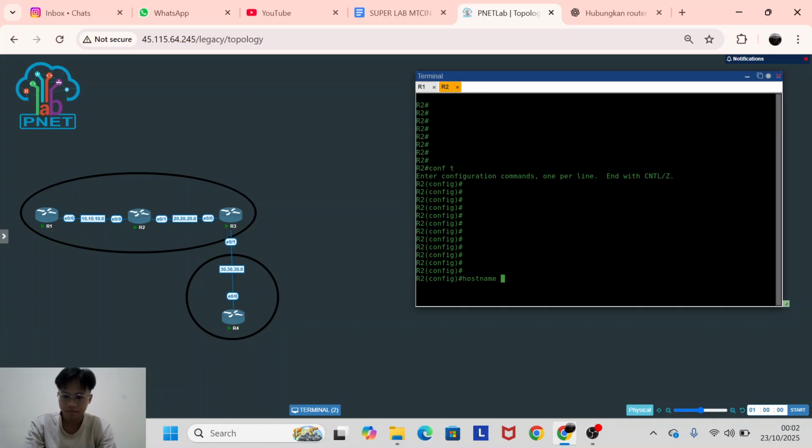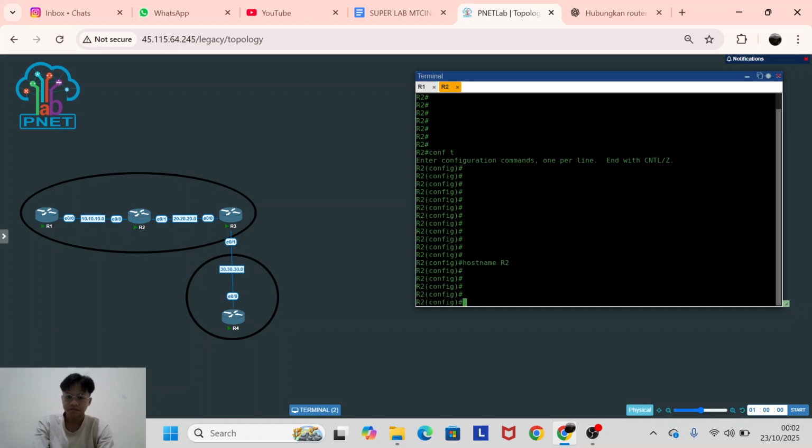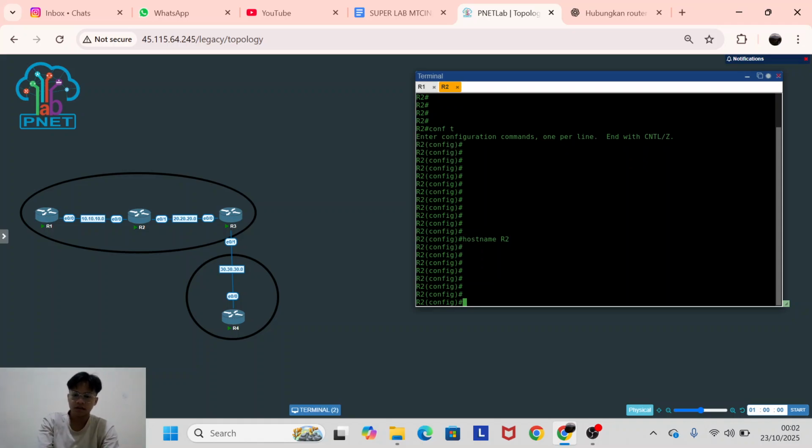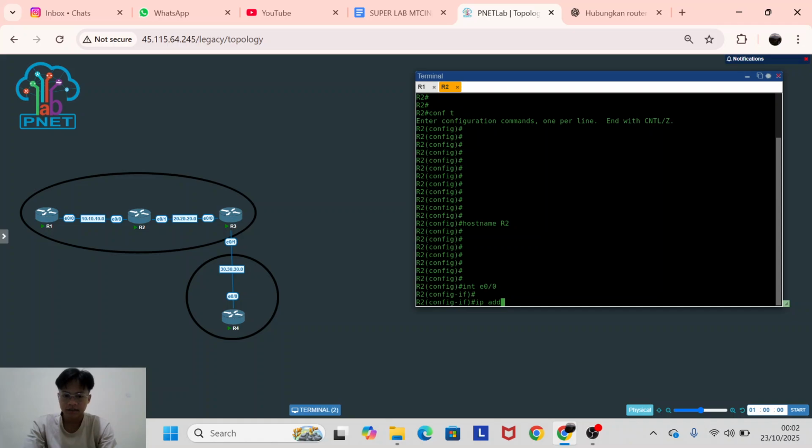I add interface Ethernet 0/0 facing router 1, so I add IP address 10.10.10.2 with the subnet mask like this.